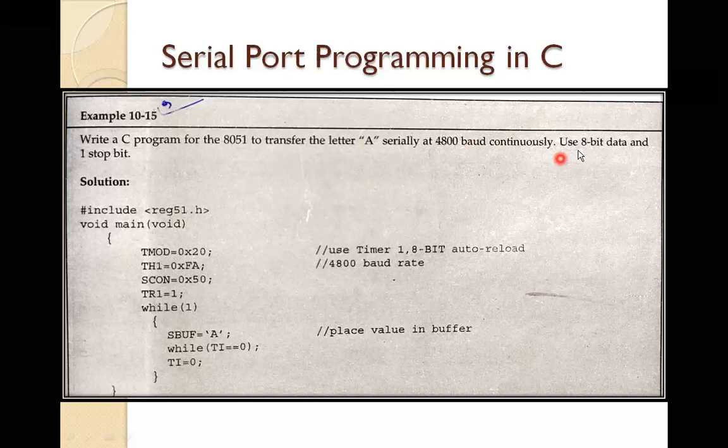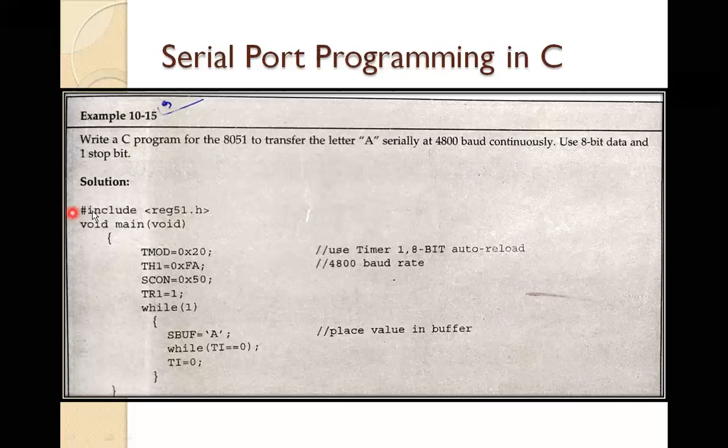And the framing of the data: it uses 8-bit data and one stop bit, and we also have to use a start bit, otherwise we will not get the information. So if they say use 8-bit data and one stop bit, it means we have to use the start bit also, therefore it is a 10-bit data frame, serial communication mode 2 using 10-bit data framing. 8 bits are our data, plus one start bit and one stop bit.